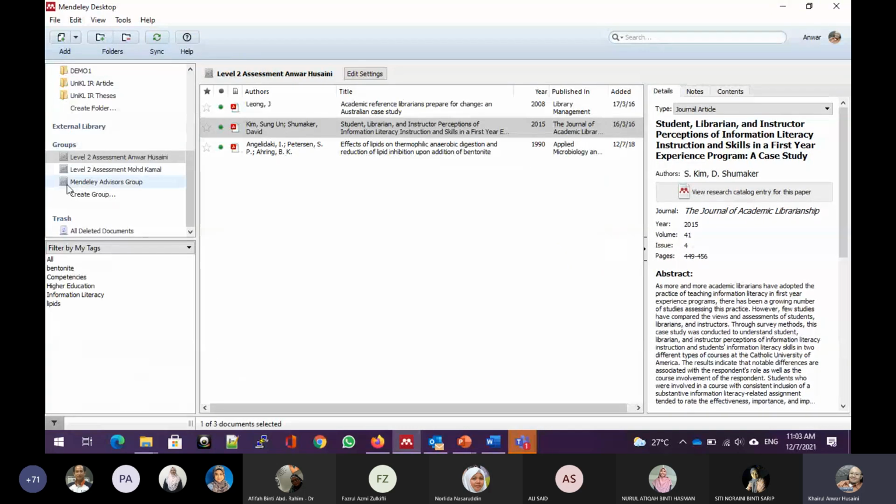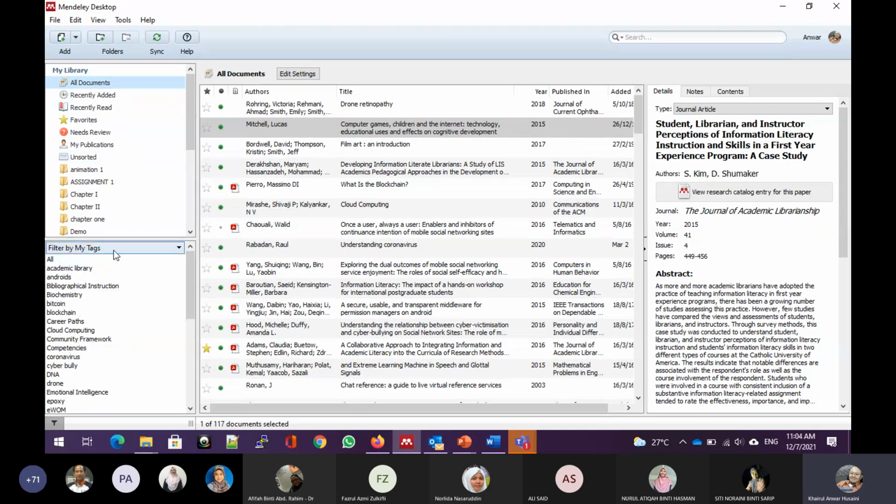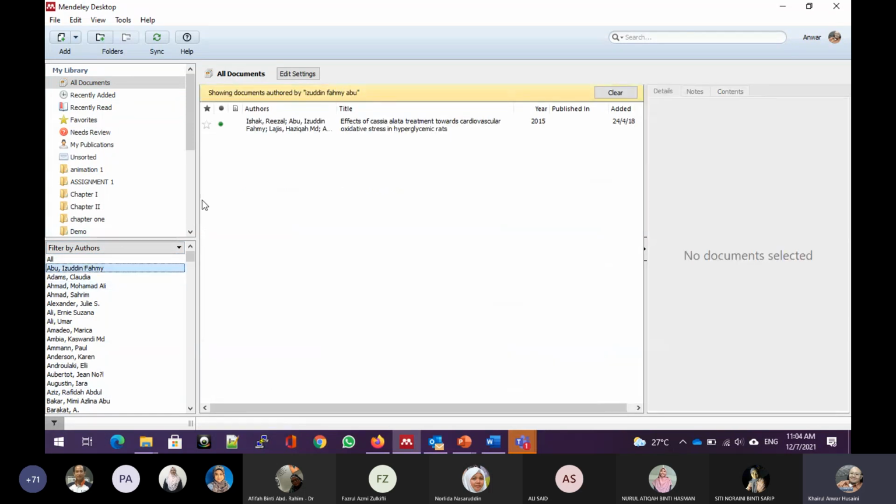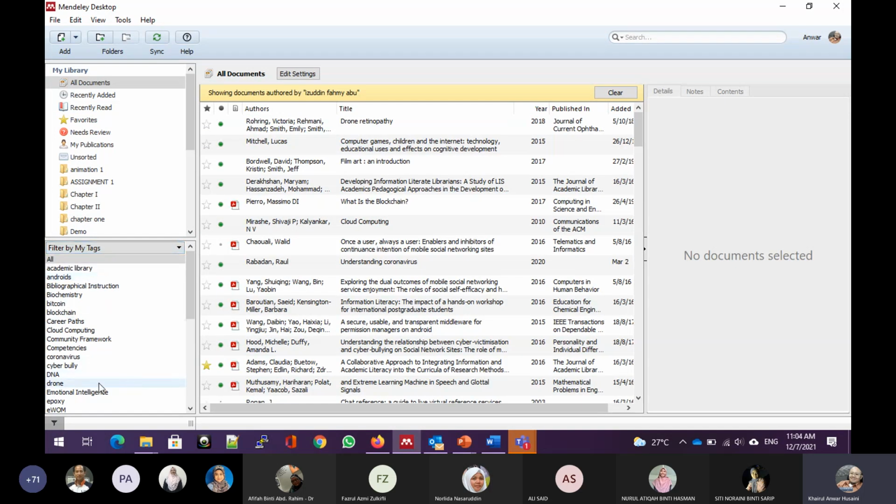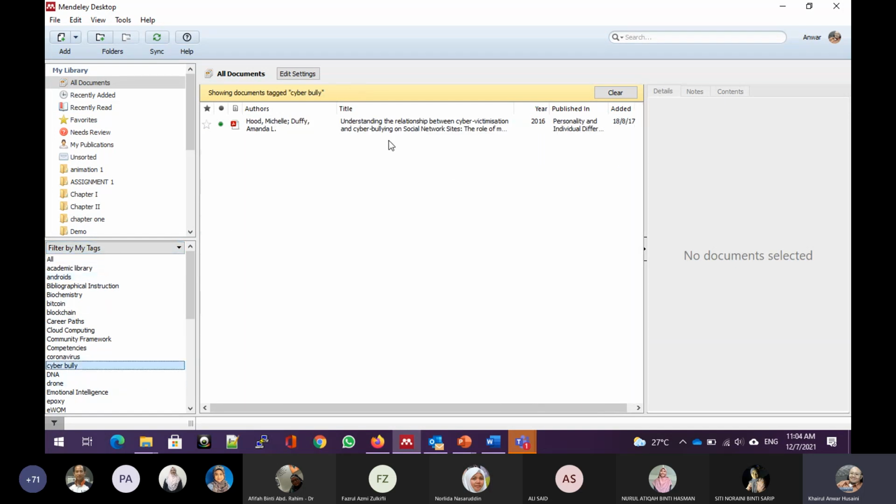Okay, so you can find the trash and all the litter. And again, if you want to filter by text, then you can always check it out, and you can filter by author. If you want to check out the paper from Azizah Farming, you can see these articles here. And if you want to check out the article by your text, and if you put up cyberbully, you'll see this